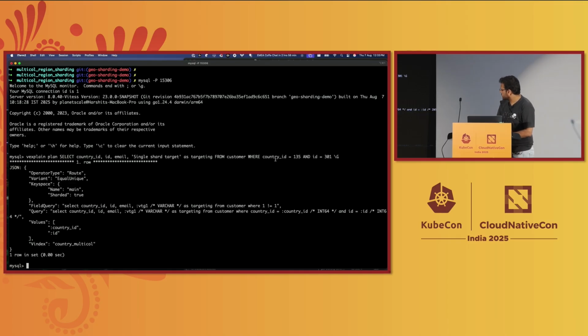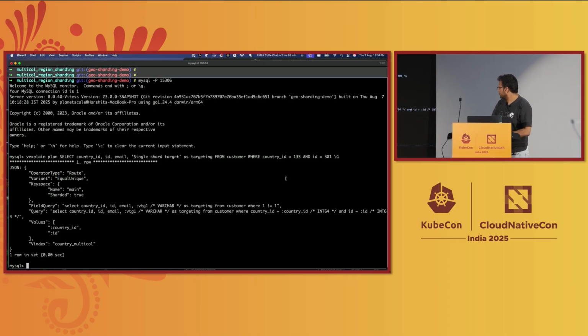So this one actually contains both the keys, which are part of your sharding key. Because they both are there, it will be an equal unique plan, which means that it will only go to that specific shard. That's cool, right? We know if you provide both, obviously you can just send it. It's very easy to route. But what's interesting is,